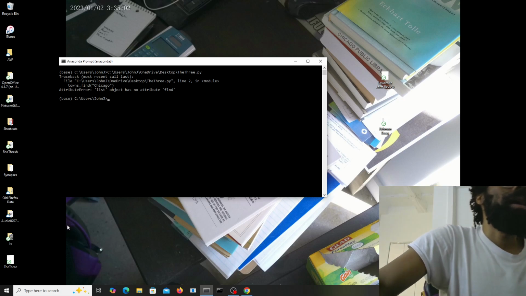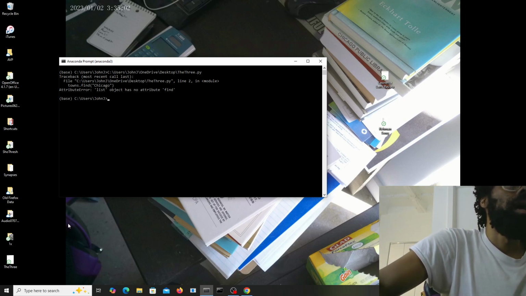I want to go ahead and open this up. Okay, there we go. So it says that a list object has no function of find.